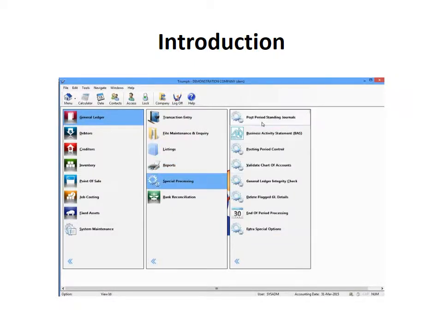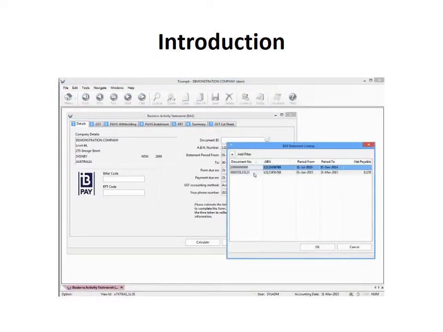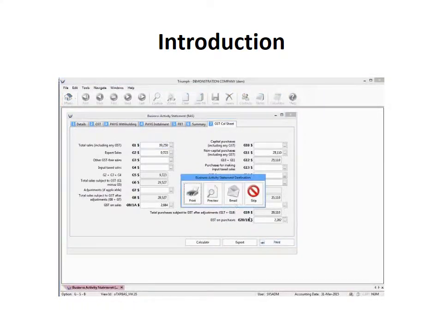Special processing lets us do a bit more control in the overall system. Things like running your BAS, which is mandatory for Australian terms, just to be able to run our BAS. So we'll have a look at that one. I can pull up my BAS and it will produce for me my GST figures, monthly details of what's gone in, and it'll then produce the report for me. So if I print that and preview it,